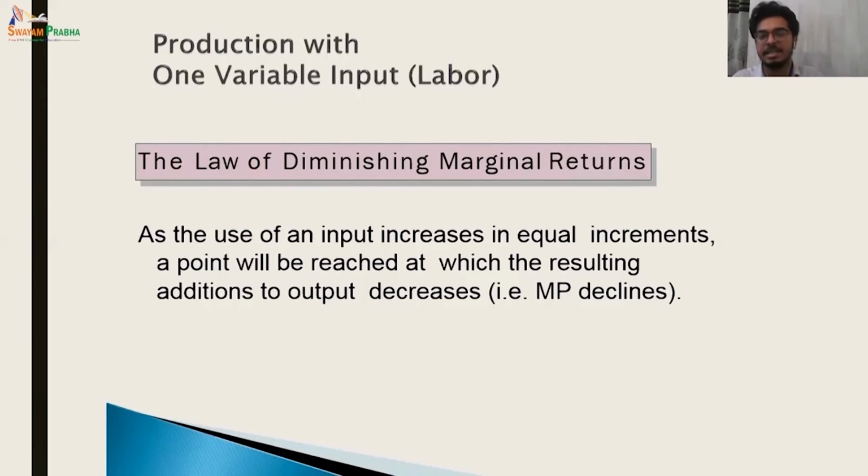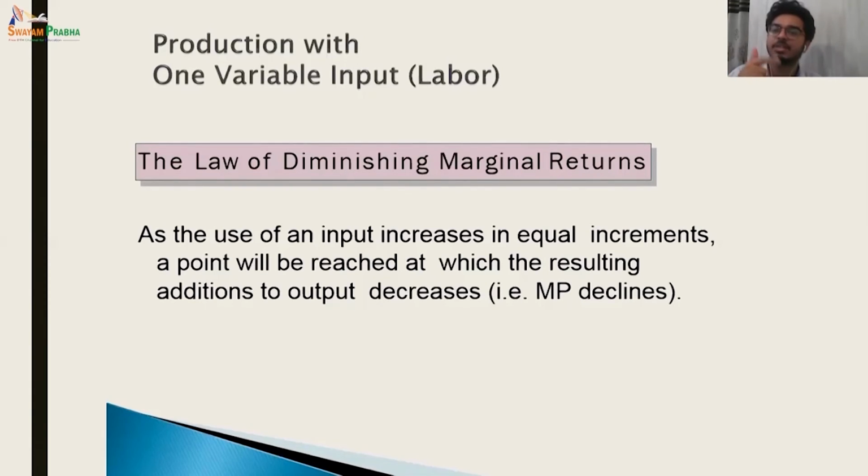That means the additional utility you are gaining from every unit of consumption of a particular good or service, your marginal utility, first increases and then it starts declining, right? So the marginal utility does fall after a certain while. Similarly, over here, we have seen the marginal product rises for a little while and it starts falling after a certain while. And return is the word we use, like diminishing marginal utility over here, diminishing marginal return, because